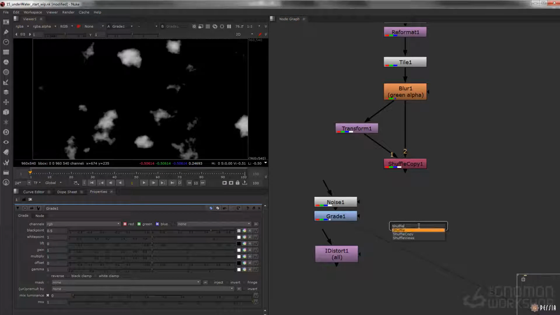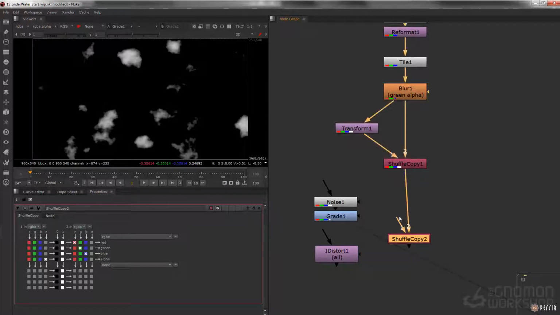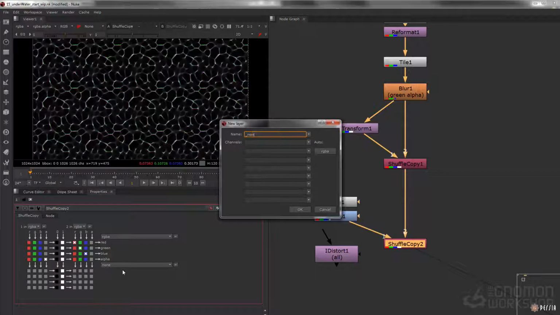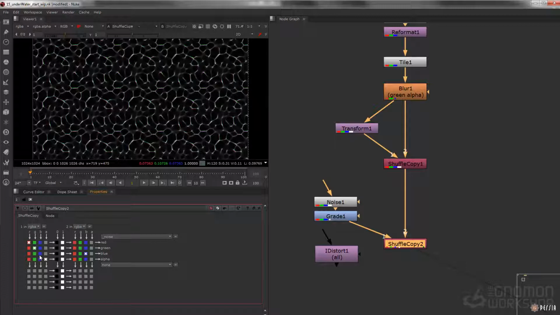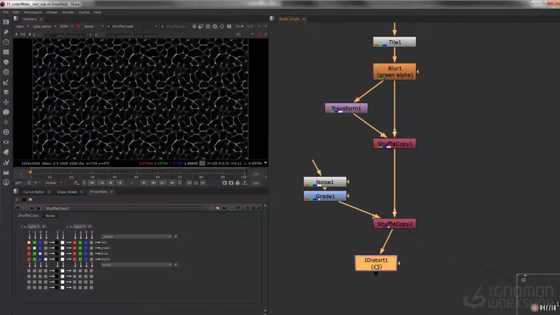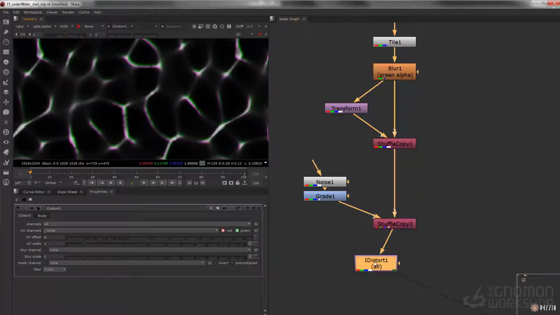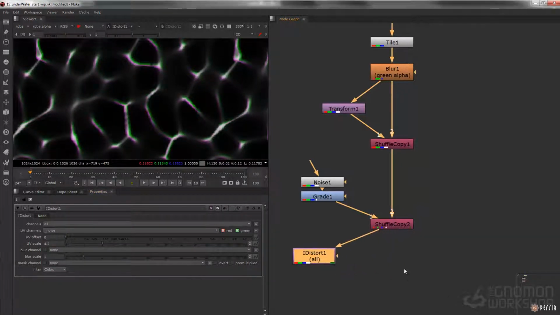And then I'm going to just drop in a shuffle node, just like that, and we're going to shuffle in a new channel. So we'll go to new channel, and then we'll do underscore noise. And then we'll set the RGB preset, hit OK, and then we'll select our RGB channels over here. And then if I hook up the IDistort, and we select our noise, or UV channels for noise, you can see we're starting to get some warping happening, just like that. And if I just set the scale up to something like 4.2,